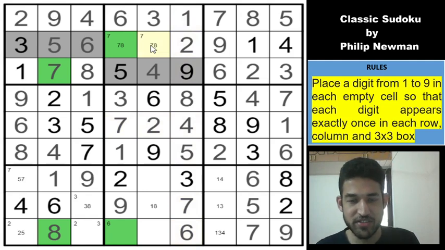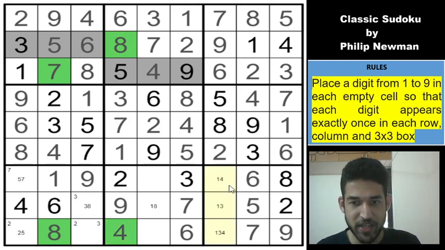And this 7 resolves this 7, 8 pair, and that completes the column. So this must be a 4. And which means we can fill these digits. So this must be a 4 due to classic. And there must be a 1, 3 pair here. Okay, 1, 2, 9, 3, 4, 6, 8.